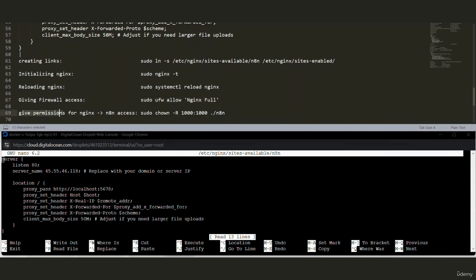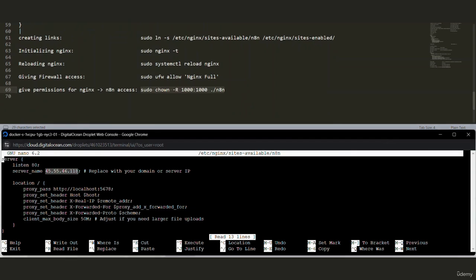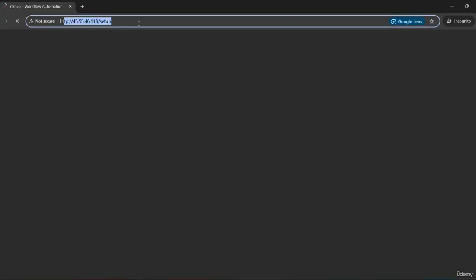Also don't miss out giving permission for nginx to access your folders. Without this, you might see error on the browser that the file is unreachable. And there it is, our browser is ready to be loaded. I'll paste this on the browser link and see how it loads. And our website is loading,